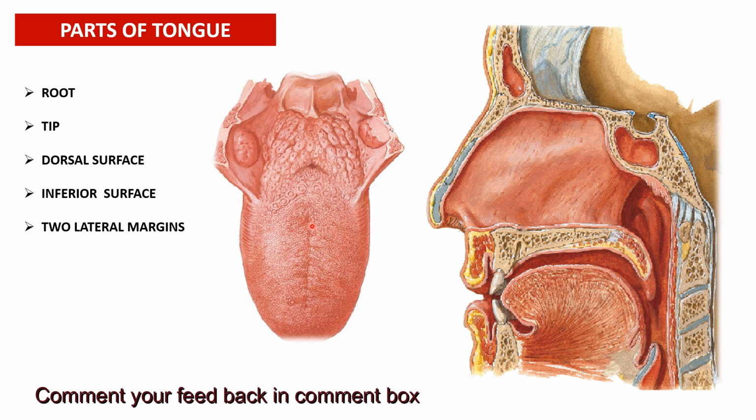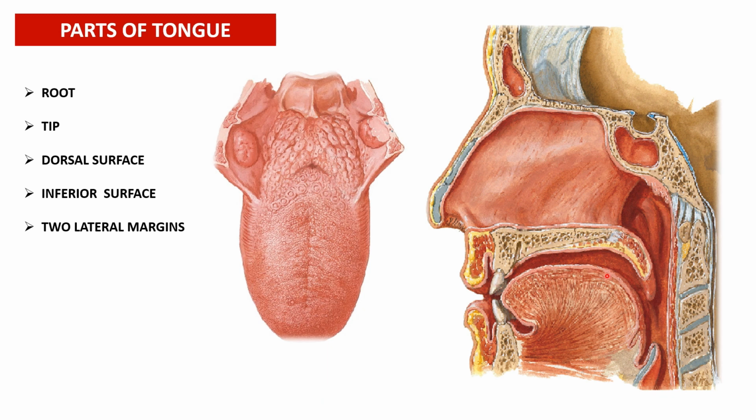Again the tongue shows two surfaces. One surface is facing upwards towards the palate. This extensive surface is called as dorsal surface of the tongue or dorsum of the tongue. Again there is a small surface facing downwards and forwards. This is called as inferior surface of the tongue. So again I will repeat, there is a root which is fixed, there is a tip which is mobile, and there is a dorsal surface which is facing upwards, and there is inferior surface which is facing downwards to the